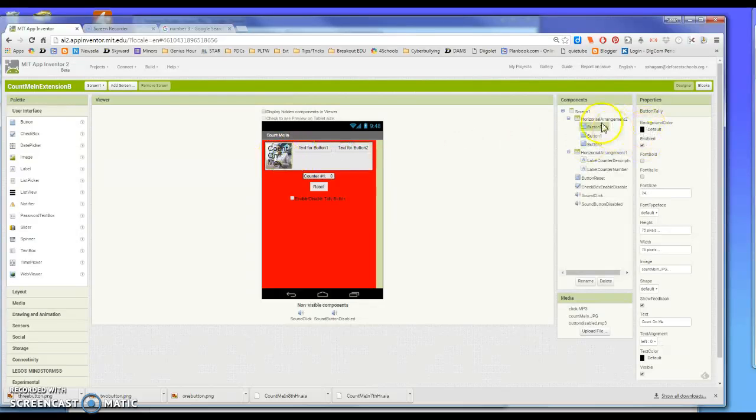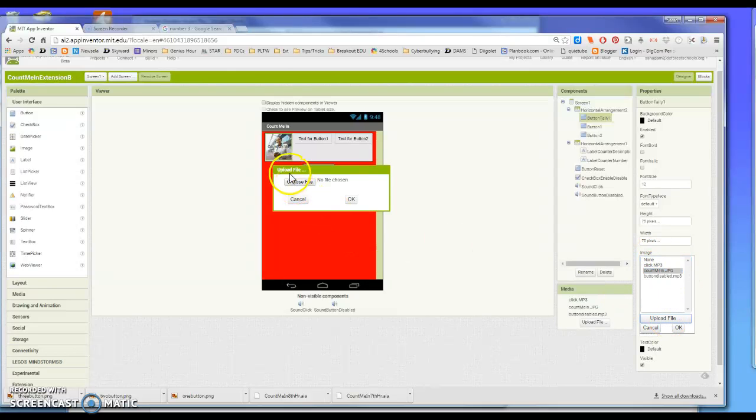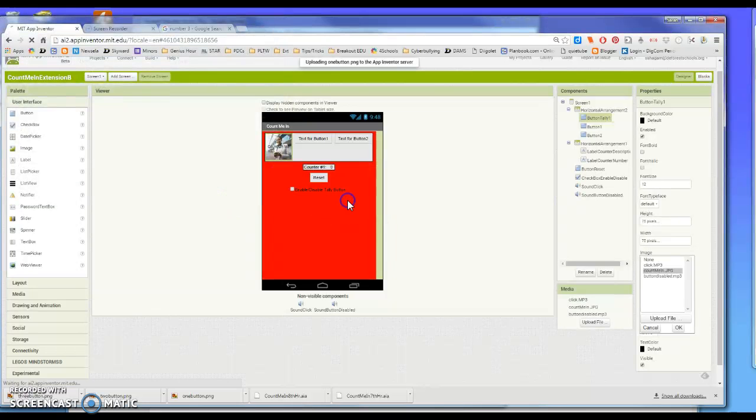I'm going to change this first button, and I'm going to name it Button Tally 1. You can put the number 1, you could write the word 1. I don't care, as long as you know what it does. I'm going to change the font size down to 12, maybe 14. No. I'm going to do 12, and I'm going to change the image. I got to upload those images that I just did. So I want button 1,